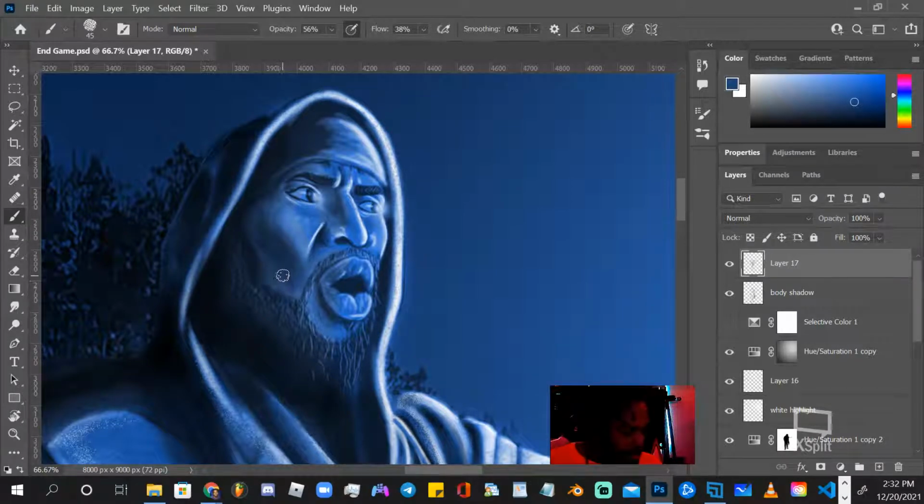And then we'll grab a darker area here. Then we'll work in some shadowing. See that hard line I had put there from when I was sketching out?